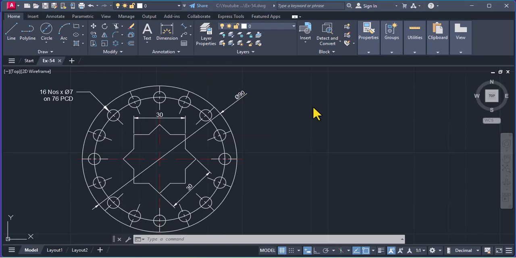Hi friends, in today's video tutorial we will study how to prepare this geometry in AutoCAD. So before we proceed with the drafting, let us spend some time analyzing this geometry and trying to see how we'll proceed with the drafting. After analyzing this drawing carefully, I feel the best way to proceed is to begin by drawing